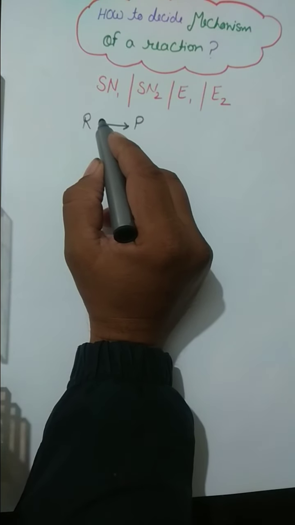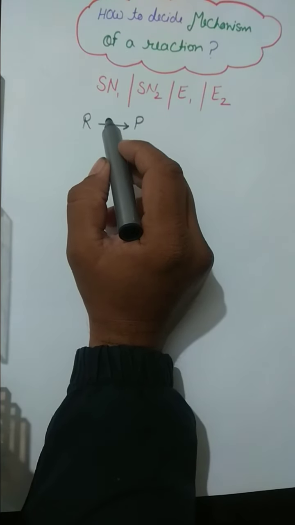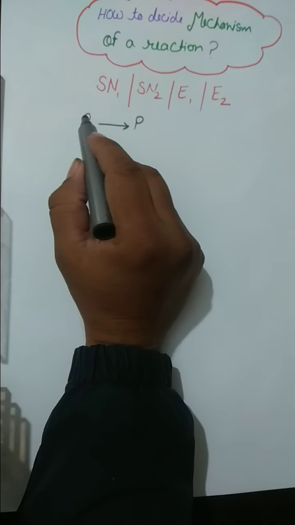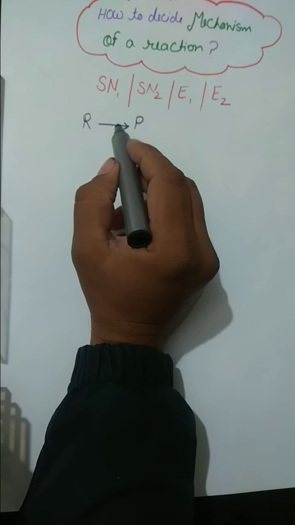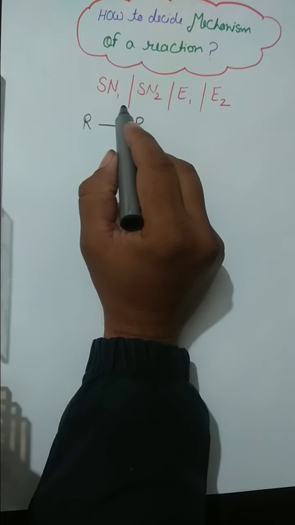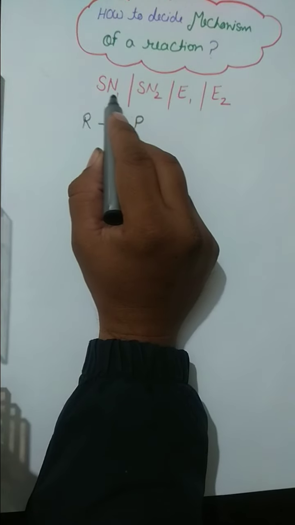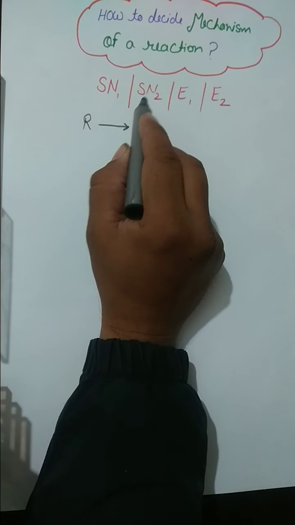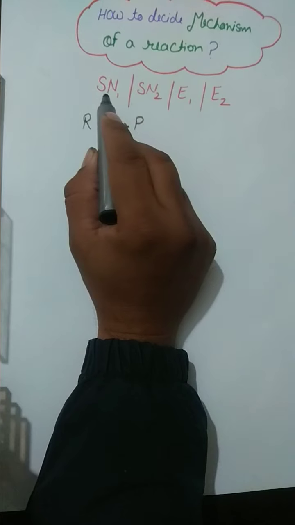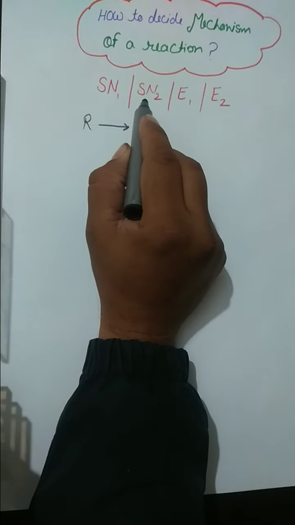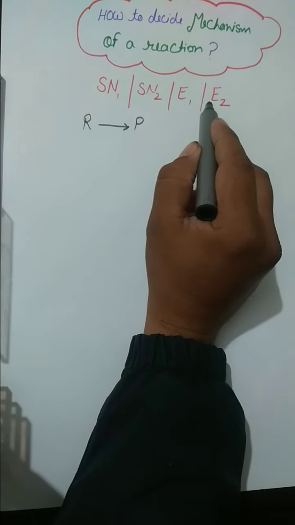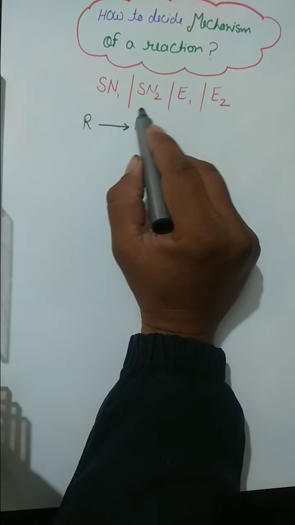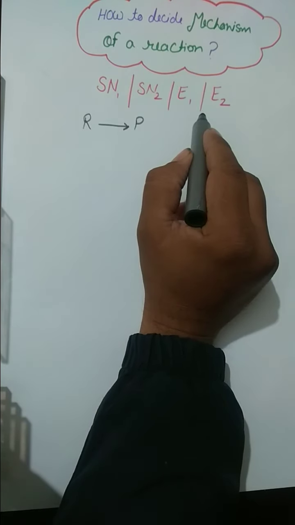Mechanism of a reaction depends on a lot of factors. For example, which is the solvent, which one is the substrate, which one is the attacking species, a number of factors. Now we have to focus on four types of reactions. First is substitution reaction. There are two types of substitution: SN1, nucleophilic unimolecular substitution, and SN2, bimolecular nucleophilic substitution, and elimination E1 and E2 mechanism. We all know these mechanisms compete with each other.